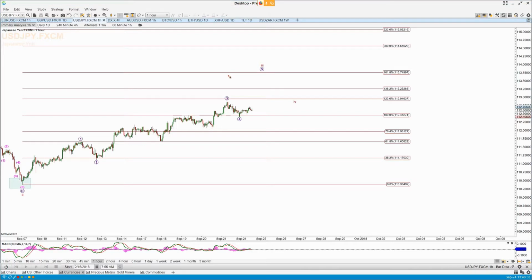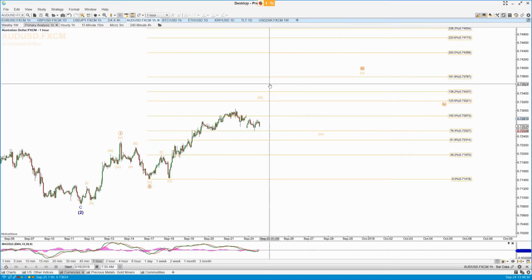US dollar Japanese yen, so still long this pair from the 110 region. We came just shy of this 123.6 on Friday, came down, we've held the 1.0 for this micro 4. I'm looking for the micro 5 up to 113.74 next, then the 4, 5 to complete the move up to